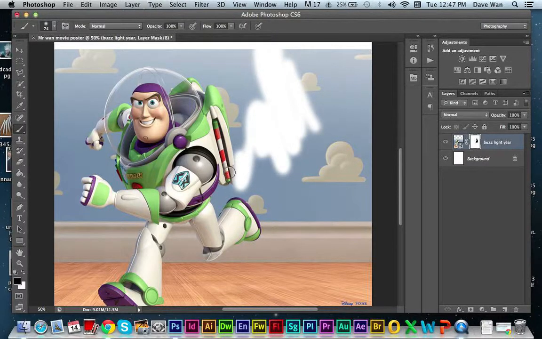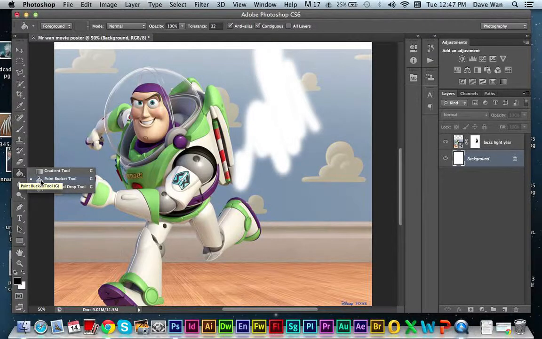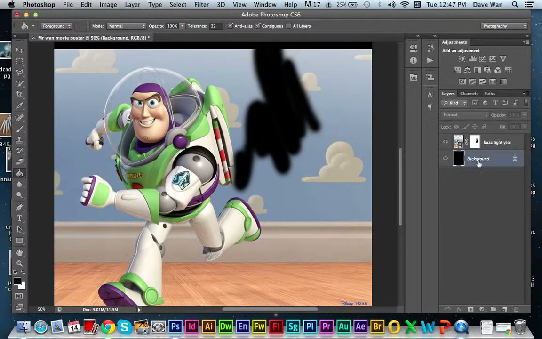Now, it's going to be a little hard for me to see the background in this picture, so I'm going to click on my background here, and I'm going to use the paint bucket. So this is the paint bucket. If it's not showing up, just click and drag the paint bucket, and you're going to color your background black. As you notice, these layers work very similar to how we work layers in Illustrator, where your bottom layers are in the back of the picture, and the top layer is always going to be in the front. So I made the background black,